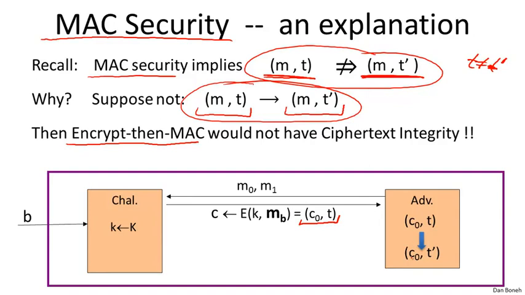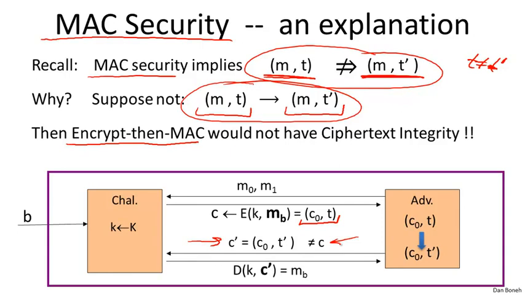Therefore, the adversary can now submit a chosen ciphertext query on C prime, and this is a valid chosen ciphertext query because it's different from C. It's a new ciphertext. The poor challenger is forced to decrypt this ciphertext C prime, so he sends back the decryption of C prime. It's a valid ciphertext, therefore the decryption of C prime is the message MB. But now the attacker just learned the value of B, because he can test whether MB is equal to M0 or M1. As a result, he can just output B, and he gets advantage 1 in defeating the scheme.